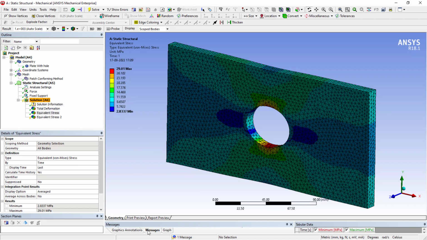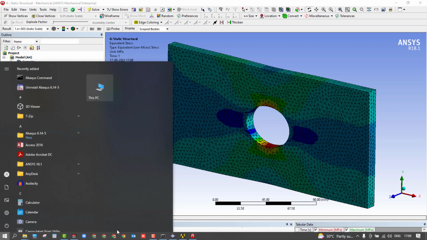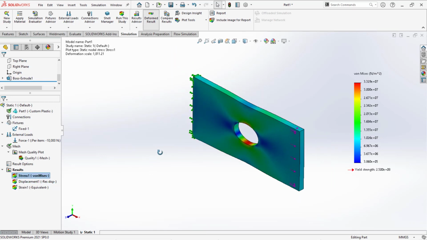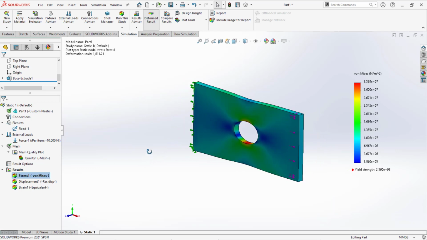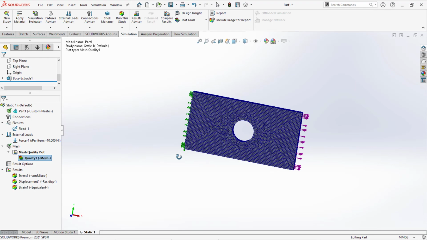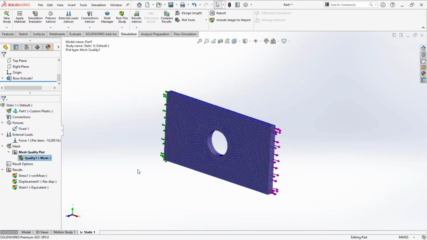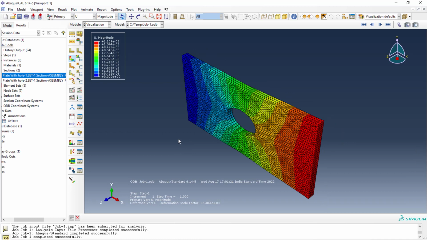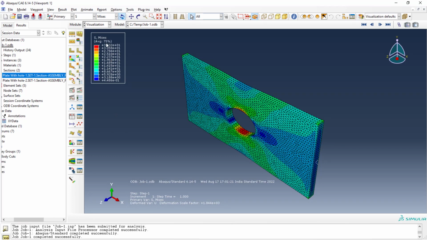megapascal here. And if I switch to SolidWorks at the moment, if I see the mesh, let me just see this. The stresses are 33.29. Okay, the mesh is a bit fine, I believe. Yep, the mesh is too fine. Comparatively to ANSYS, it is finer. And if I switch to ABAQUS, you could see the stress results here. It is 33